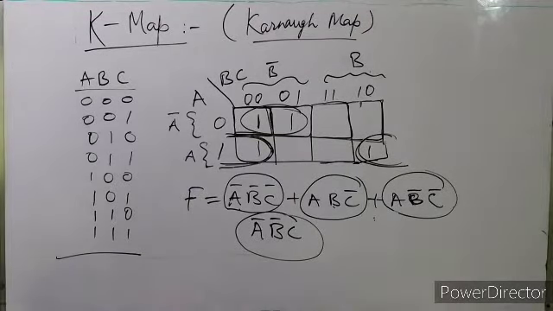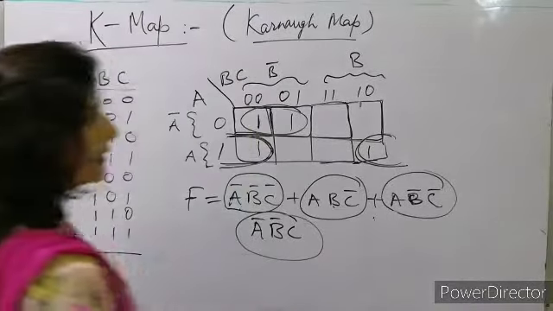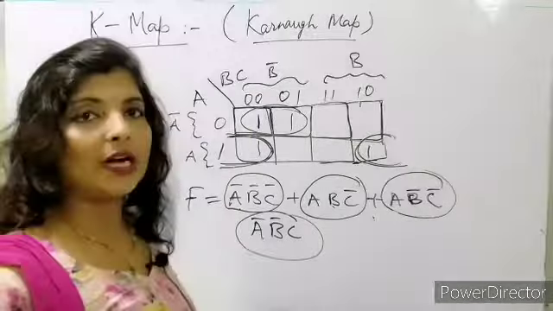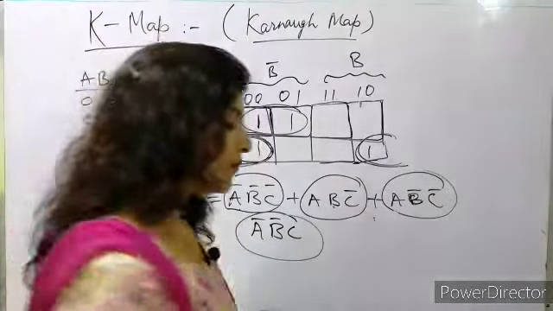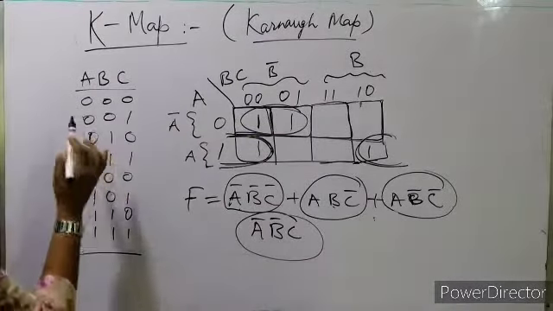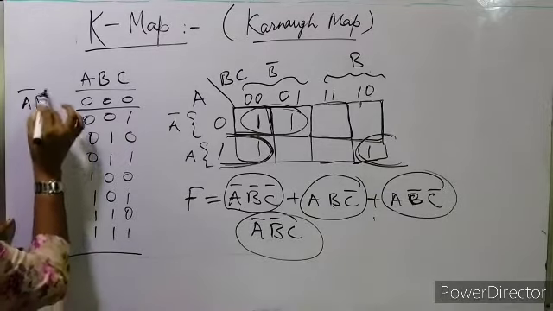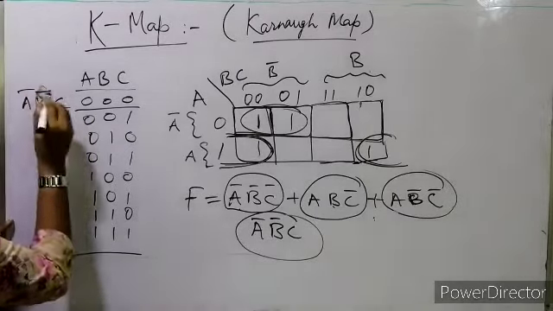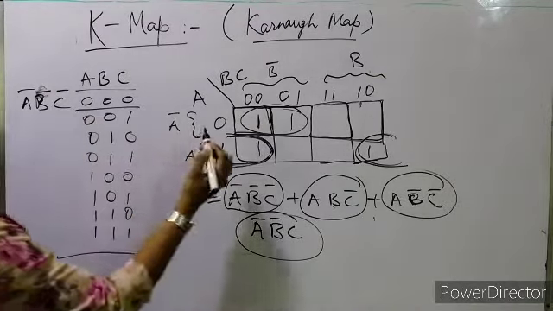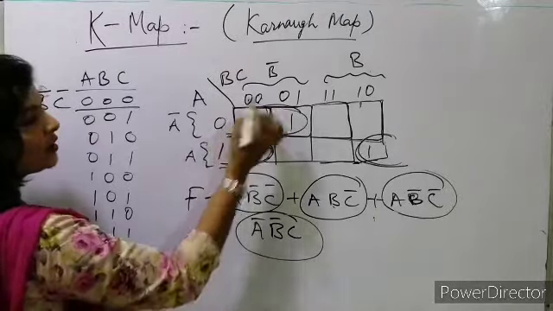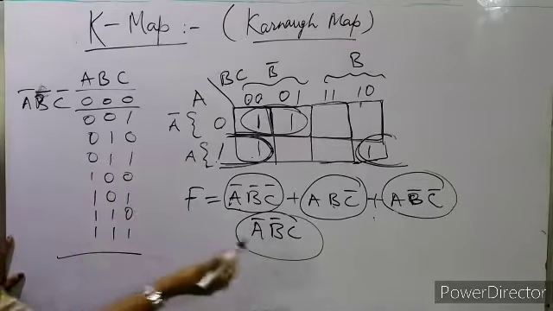So how we are doing, we will see. Before that, try to understand how the squares are arranged. Like if there is only one variable, there will be two terms. One more thing, 0 0 0, meaning A bar B bar C bar. So the 0 0 0 one was here. Now A, B, C, 0 0 0 and this one is 1 0 0. So this one is 4. The 4 one is here.